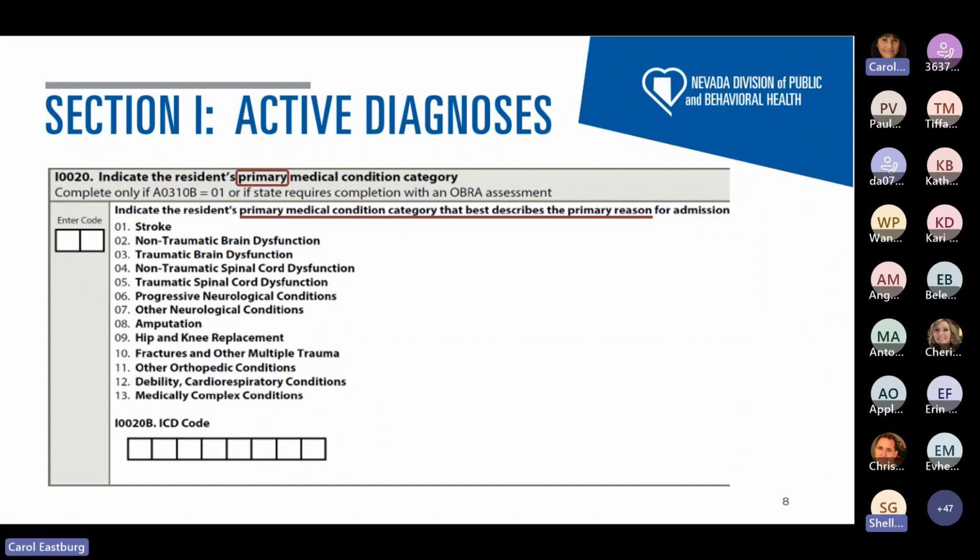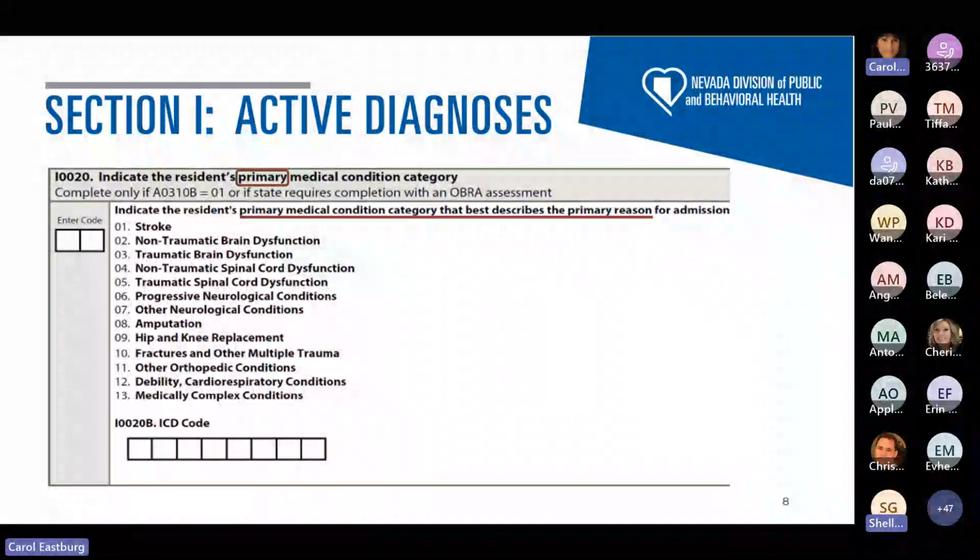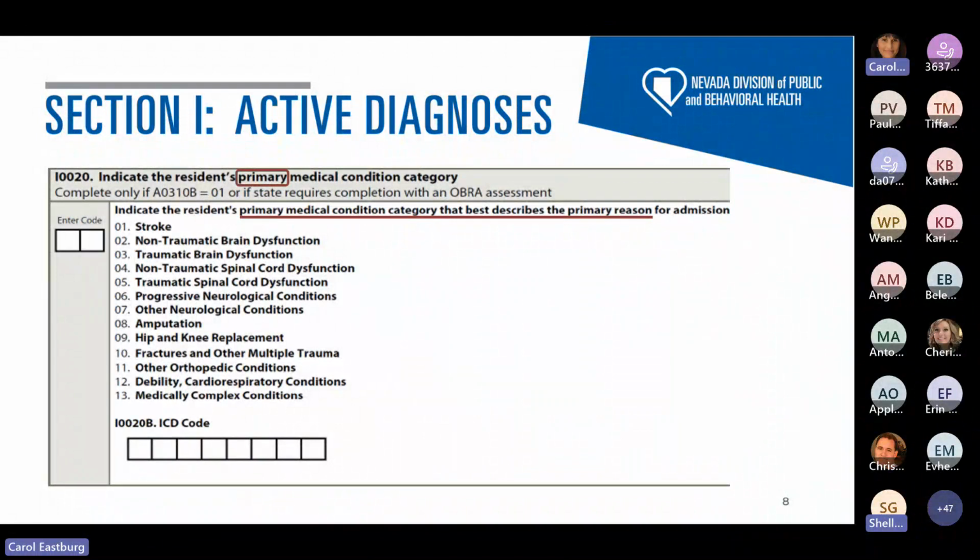So any of the items in I-20 can be checked, or you're going to enter a code, just one code in that enter code box for the primary.